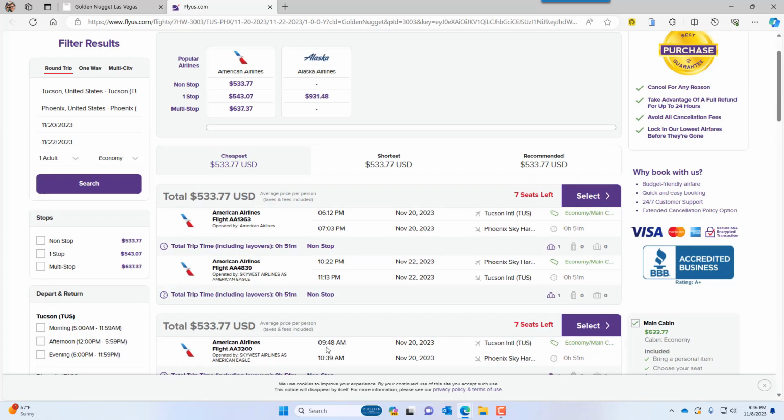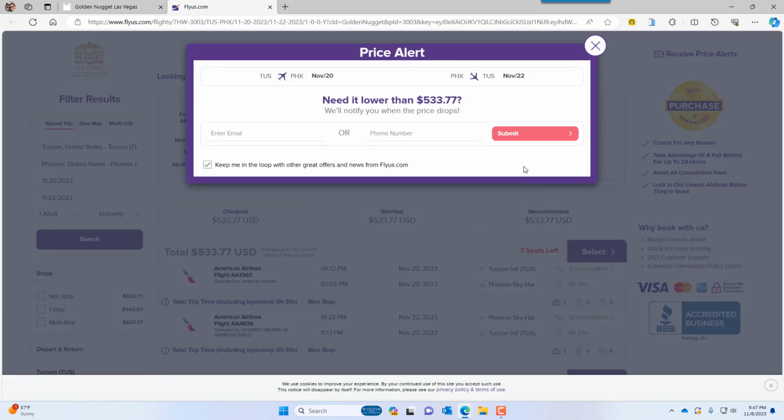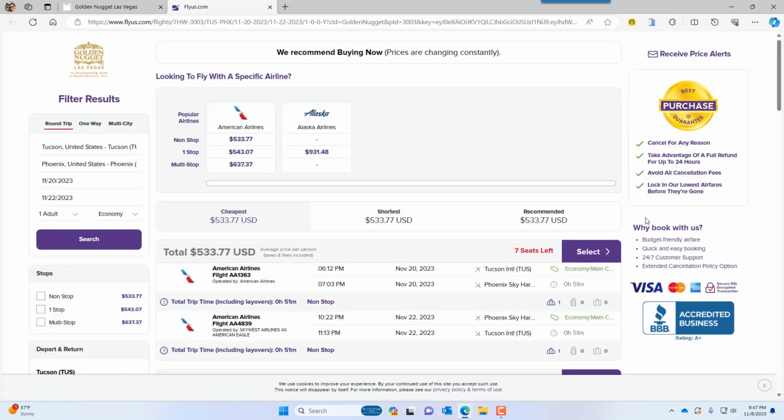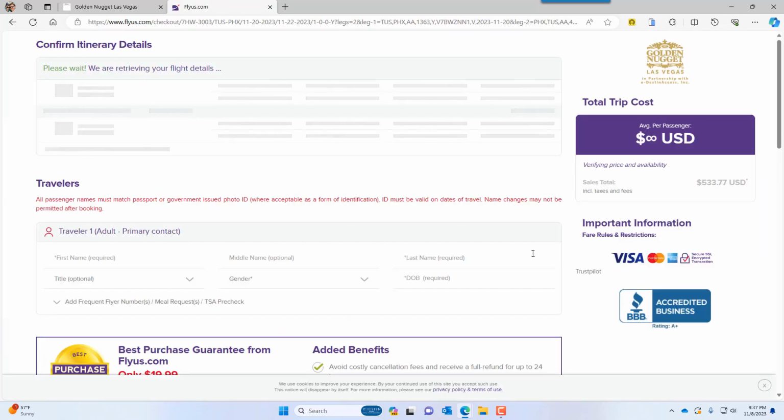A pop-up will appear asking if you wish to be notified of a ticket price drop. Enter your email or phone number to receive this notification and click Submit or X to exit out. Select your flight, enter your passenger information,